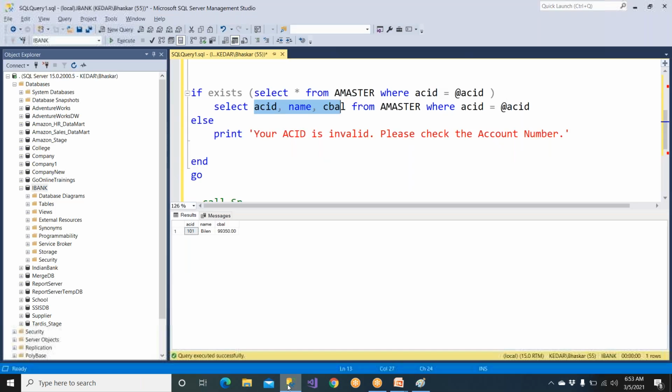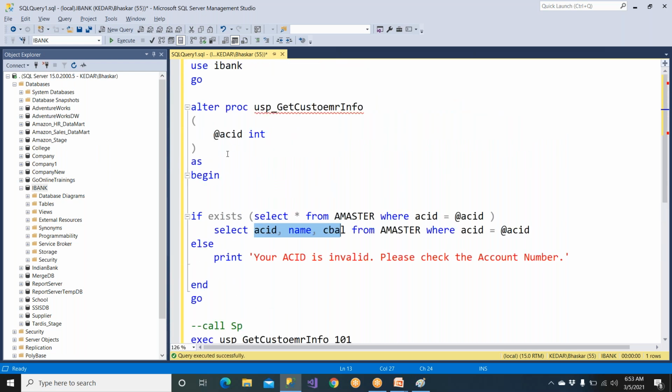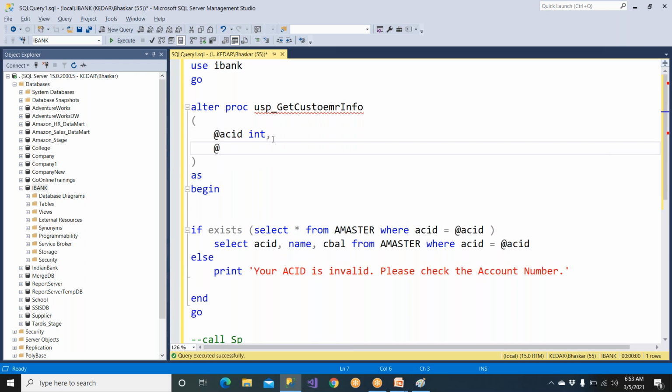So we should not print like this. We are supposed to give all the data to the client. So that is when we are going to be writing. What is it that we need to give? We need to give name and C balance. Clear? So we'll say